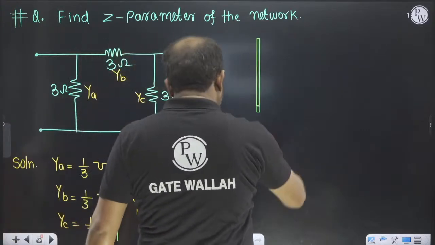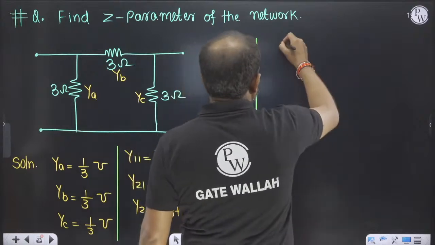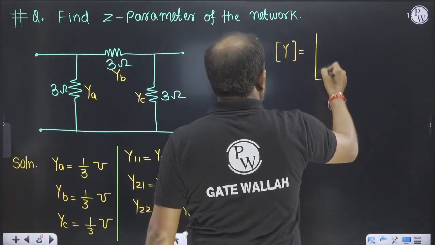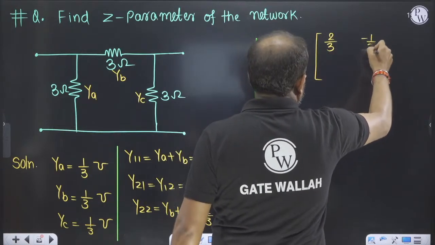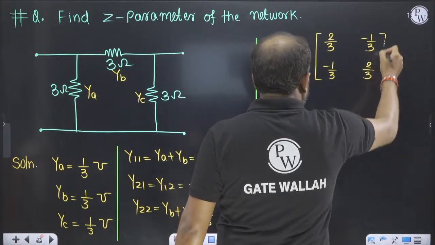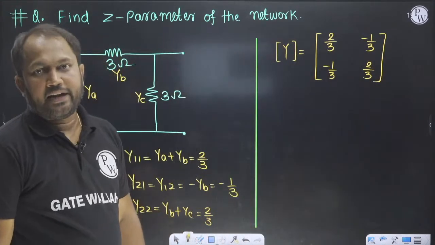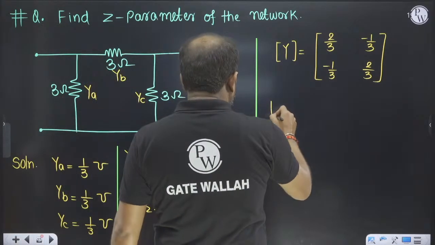So our Y parameter will be 2 by 3, minus 1 by 3, minus 1 by 3 and 2 by 3. The determinant is 4 by 9 minus 1 by 9, which is 3 by 9, so 1 by 3 it will be. So Z will be equal to